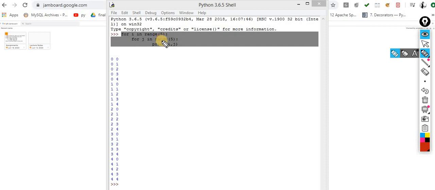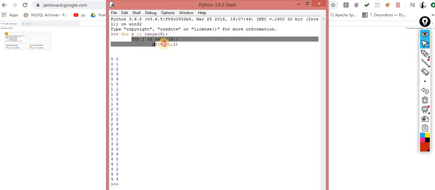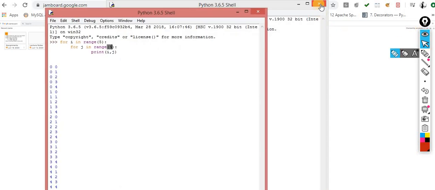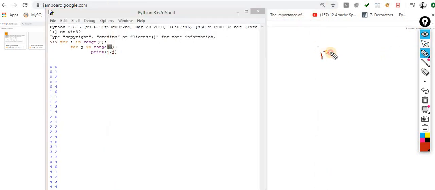Now I am making a twist inside this. What I want is for my inner loop to be controlled by my outer loop. What I am saying is, if the i value is 0, here it should be 0. If the i value is 1, here it should be 1. If the i value is 2, here it should be 2. What exactly does that mean? If I say i is 0, what am I saying?